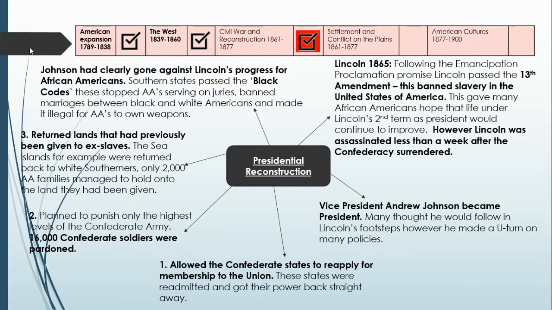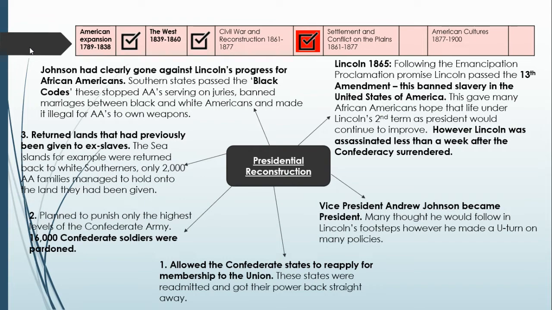Okay, we finally have Johnson clearly going against Lincoln's progress for African Americans, and this is most visible with something called the Black Codes. This is very important for your exam. It's a very important stage in Reconstruction for you to know that Reconstruction is not going well. Change is not going well for African Americans because these Black Codes are introduced in the South, and these stop